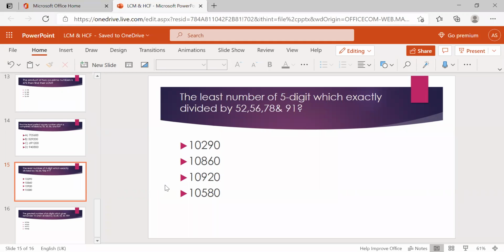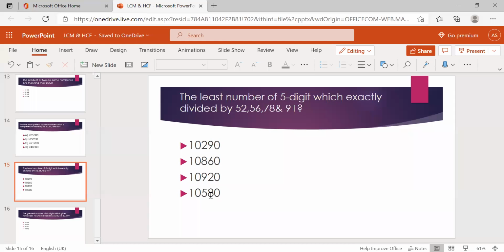Doing or not? Very easy elimination of options is there. Just look at the options. If it is exactly divisible by all these numbers, it is divisible by 56. 56 has the factors 7 and 8, right? So if it is exactly divisible by 56, then 8 will also divide these numbers exactly. So check whether 8 will divide these numbers exactly or not.